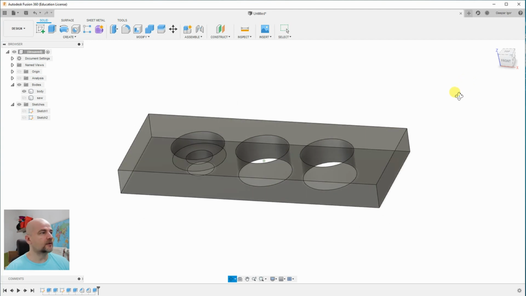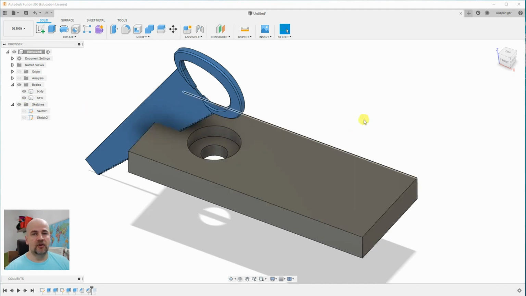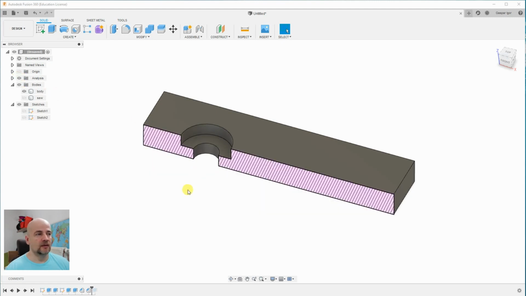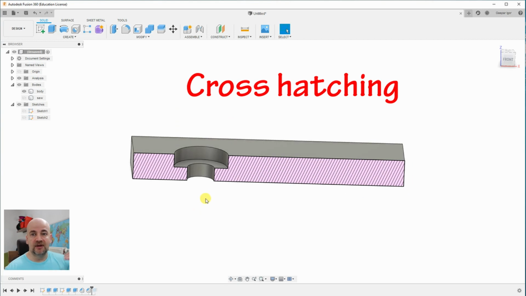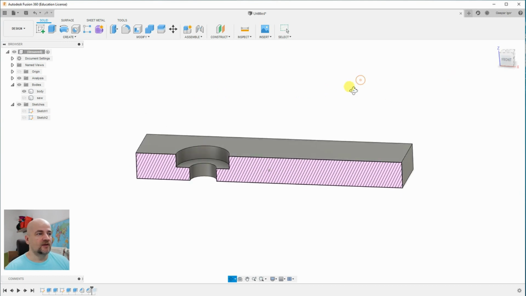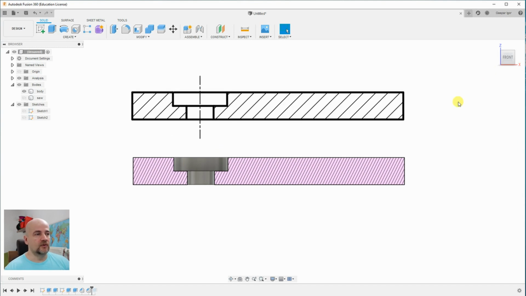And how does it work? First we have to imagine that we use a hacksaw and cut this box into two pieces, and then we remove the front part, and this is what we get. Where the saw blade touched the metal, we can see those lines of the cutting. These will be those section lines. And as you can see, the blade didn't touch this part of the hole, so that's why here we don't have these lines. And basically, if we draw this view, then we will get a section view of this object.